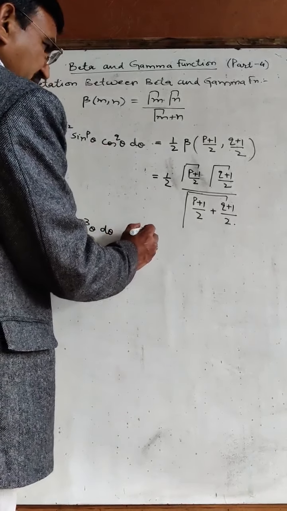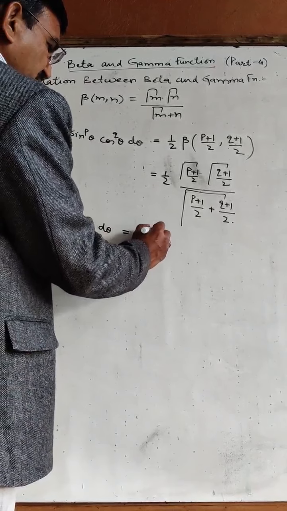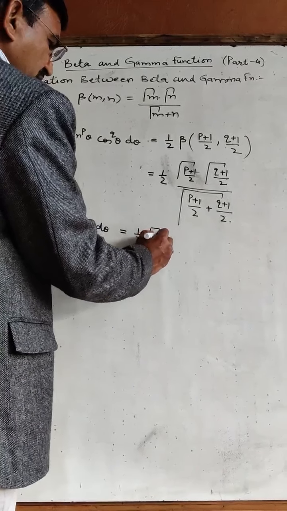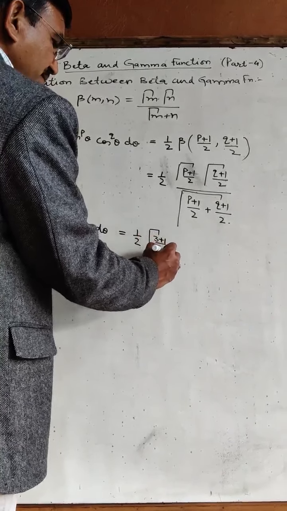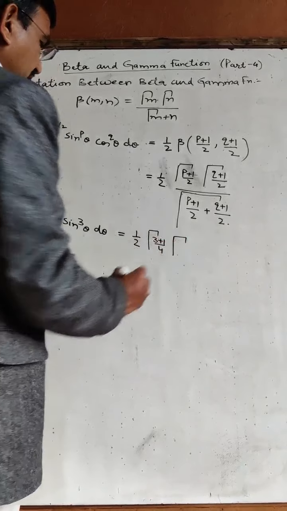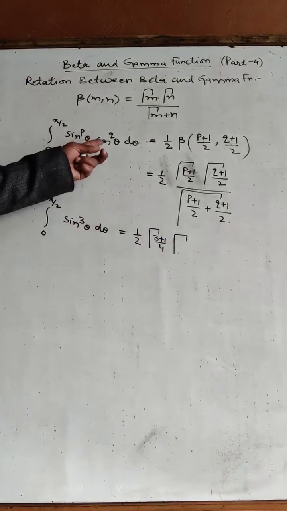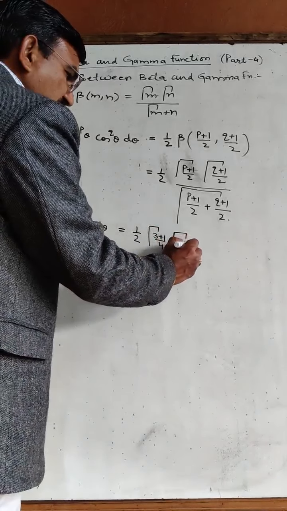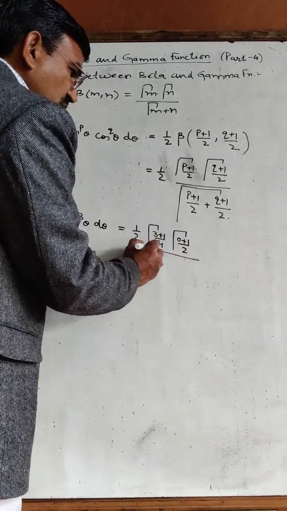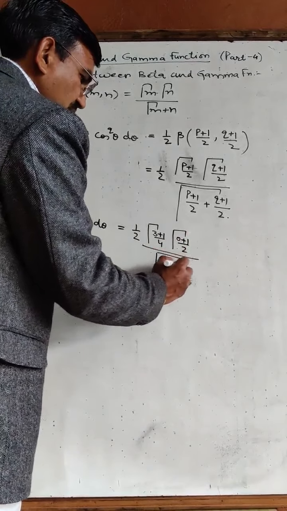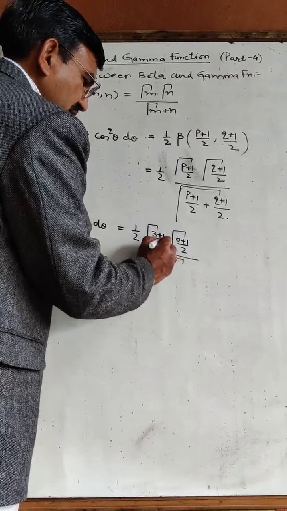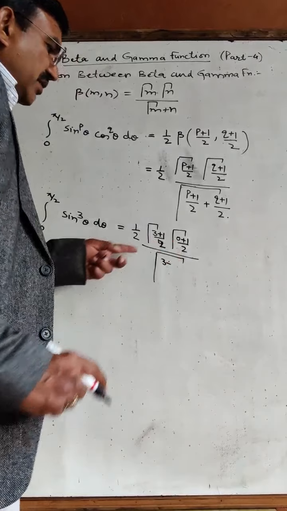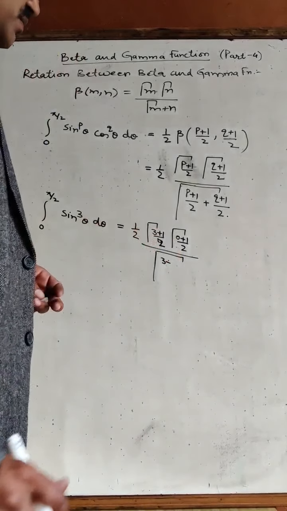So it can be written as 1 by 2 gamma of (3 plus 1) by 2, as p is equal to 3. Now q is equal to 0, it would be (0 plus 1) by 2 over gamma of (3 plus 1) by 2